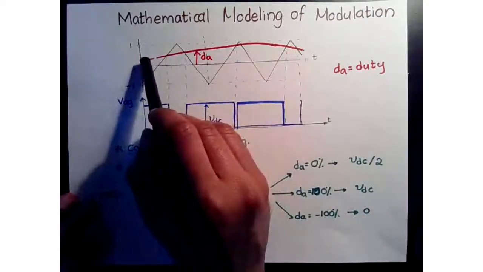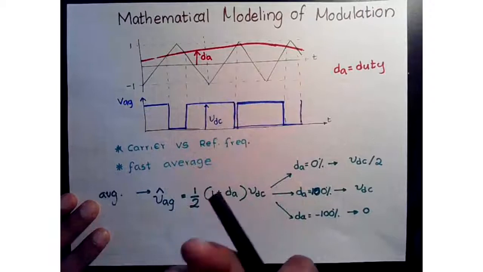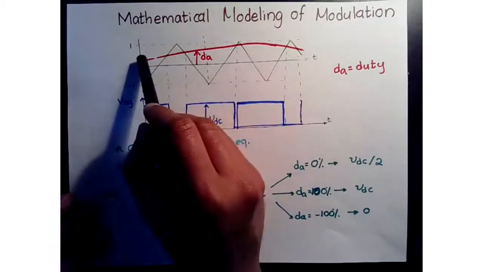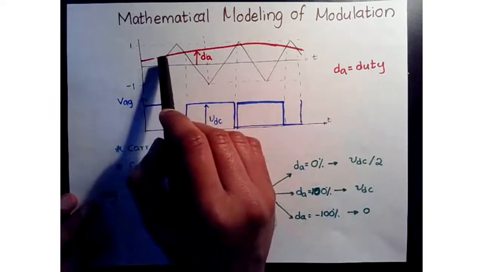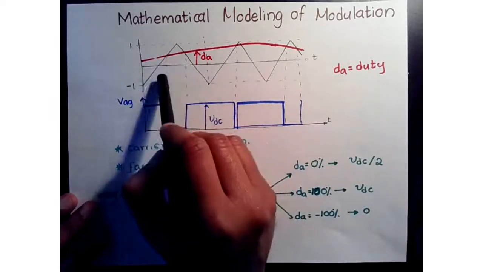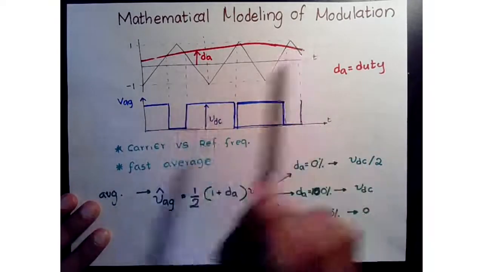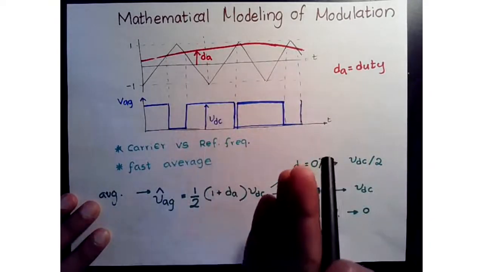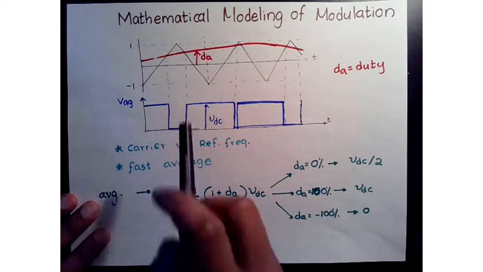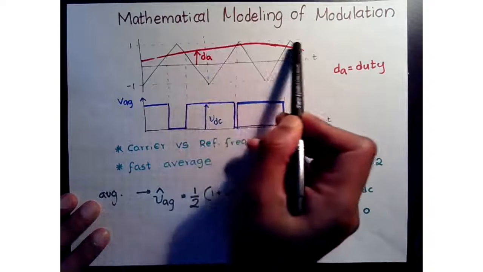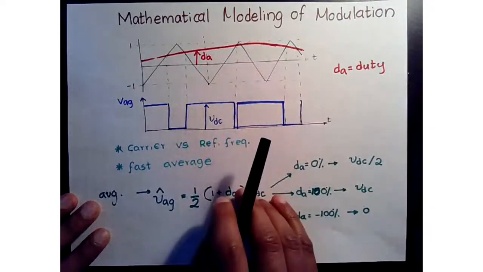It's typically even slower than what I'm showing here, because if you're modulating a sinusoid, your carrier frequency has to be at least 10, 20 times higher than your modulated frequency,